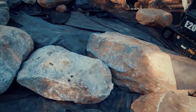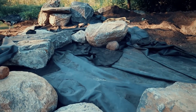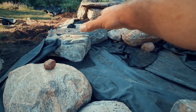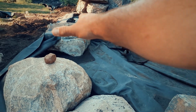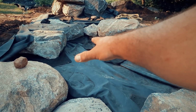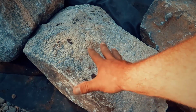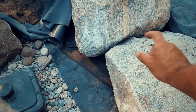All right, so I'm really excited about the way this is working out right now, because this is a lot of water action, and we're still going to be playing with some of this. We're going to be doing our shoreline work where we're really tying in the little stuff and breaking up some of the bigger things, but I'm really liking the way the water is going to be coming through here. So as it's coming off of this big rock, when both pumps are running, we're going to have a cool V coming through there